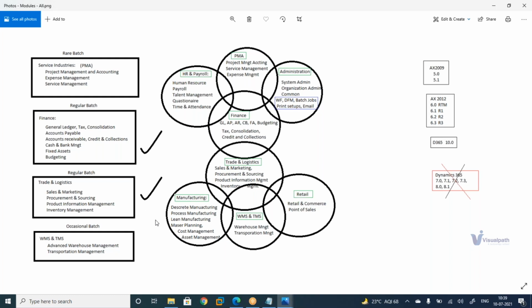So here we are going to cover this. As I told you, here trade and logistics is mixing with this one. So I need to teach you about bill of material, how to create a bill of material. It is a part of production, but I need to give you an explanation. And the dimension based configuration technology, constraint based configuration technology. I am going to give you that also. What is the difference between discrete manufacturing and process manufacturing? High level inputs I will give you here. That is the reason I have given the overlaps.